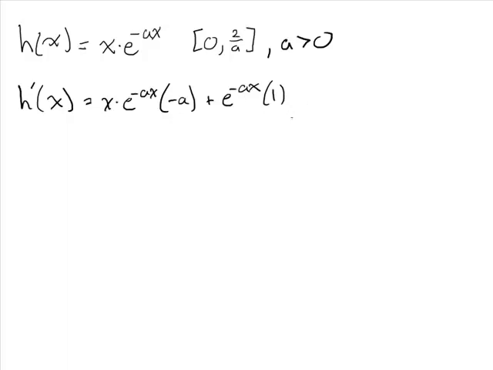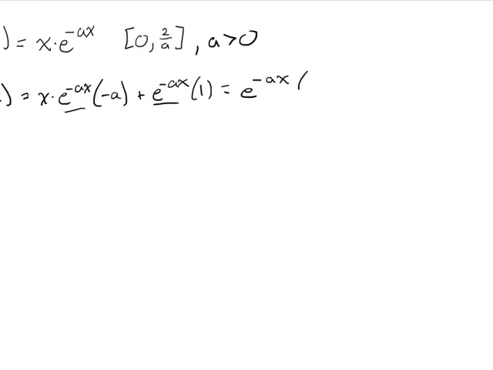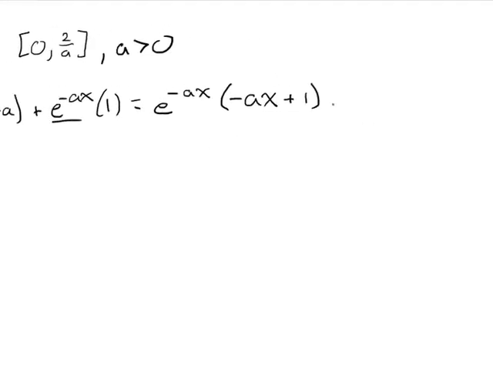And now we'd like to see how much we can simplify this. Well, notice we have a common factor of e to the negative ax. So let's pull that out. So we have e to the negative ax, and what are we left with? So this first term is negative a times x, these two, and then plus 1. So there is our first derivative,